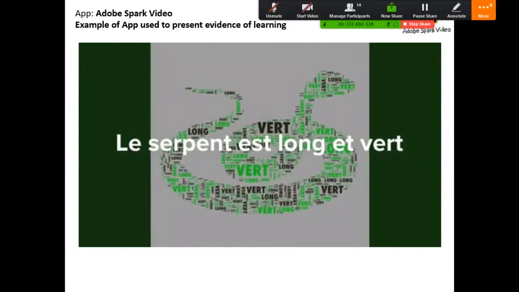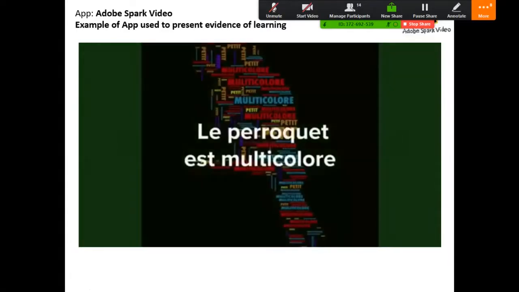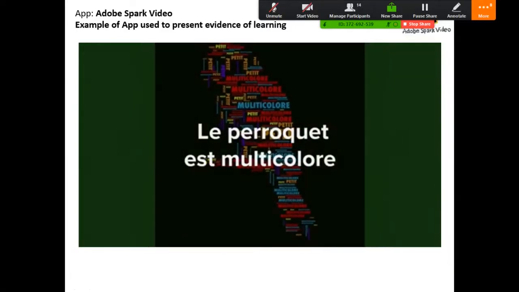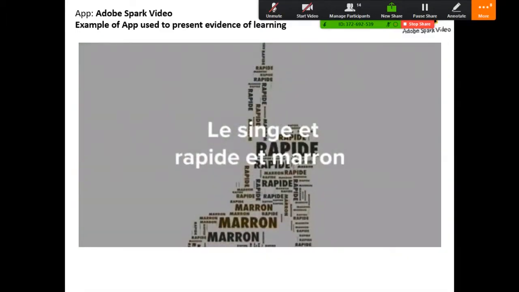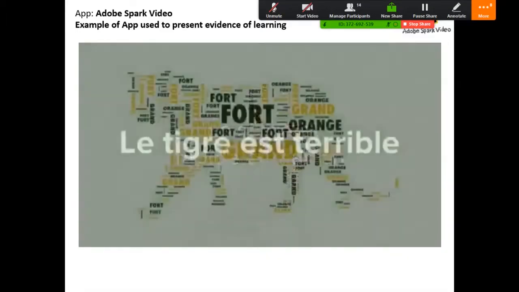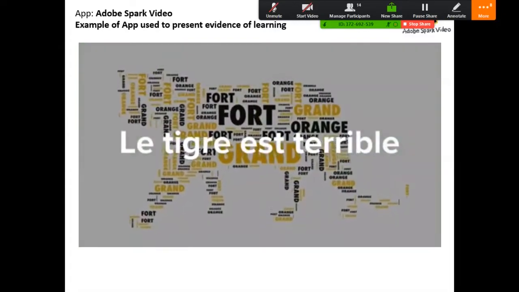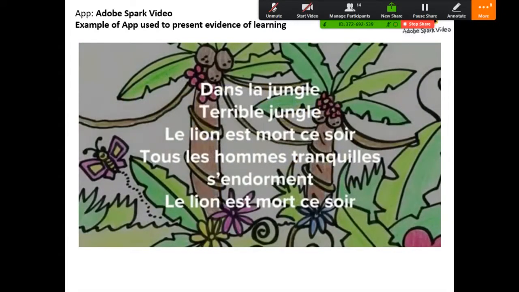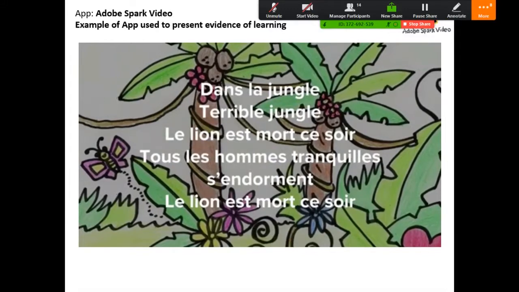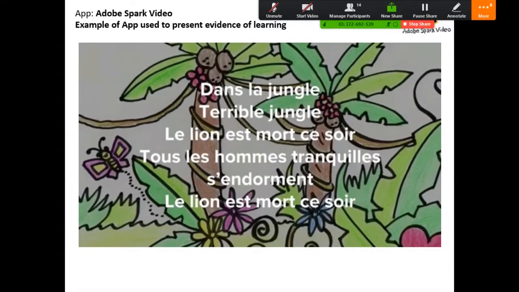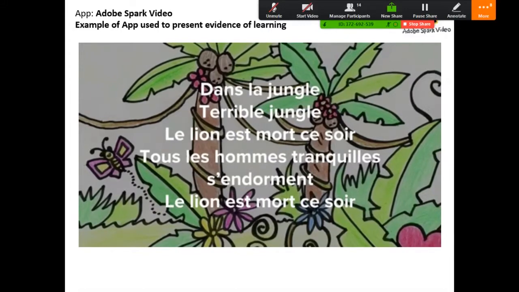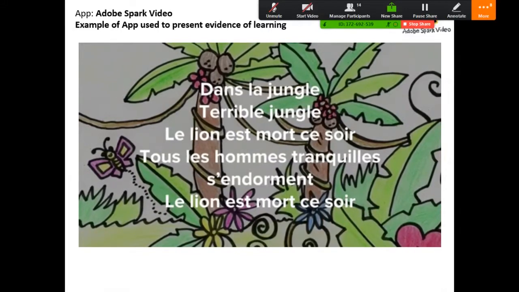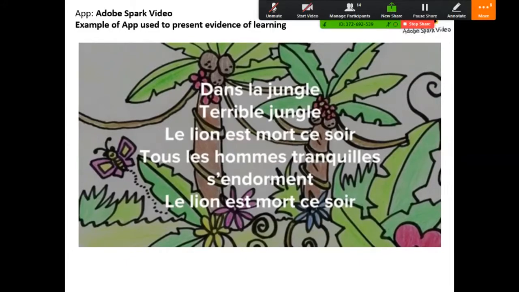Le serpent est long et vert. Le perroquet multicolore. L'éléphant est grand et gris. Le singe est rapide et marron. Le tigre est terrible. Dans la jungle, terrible jungle, le lion est mort ce soir. Tous les hommes tranquilles s'endorment, le lion est mort ce soir.